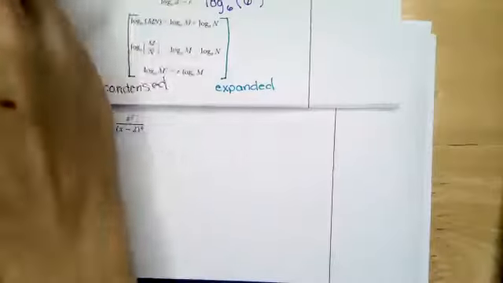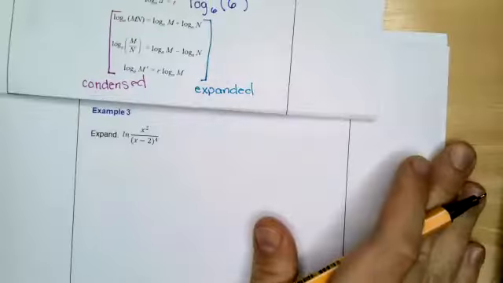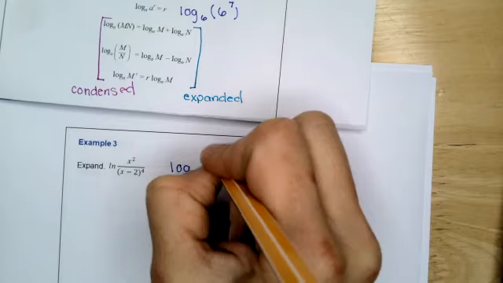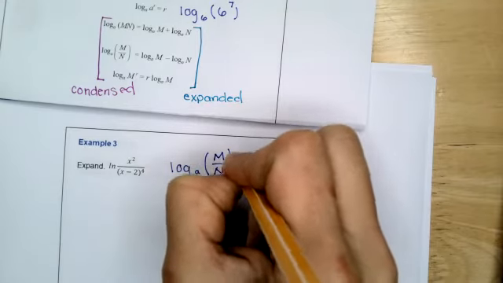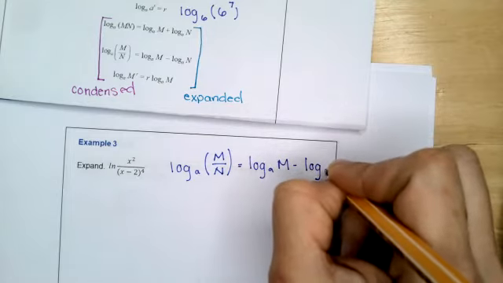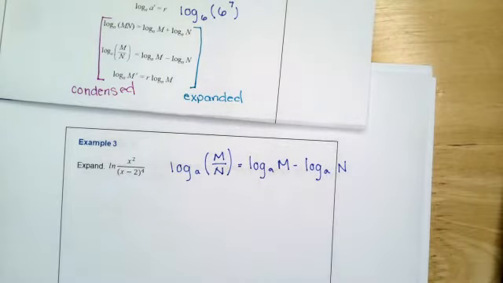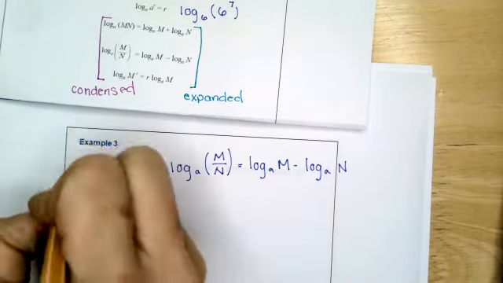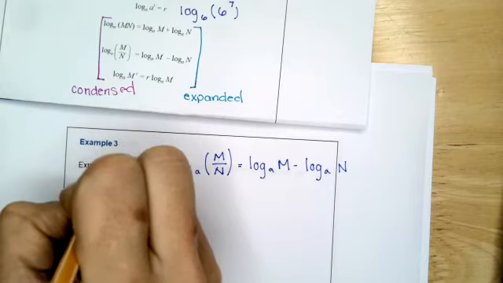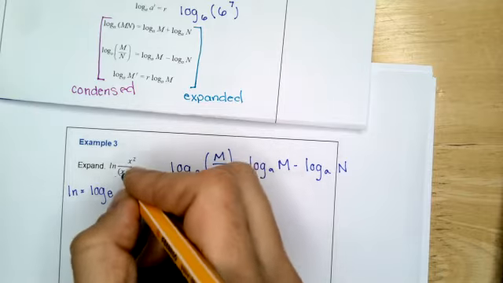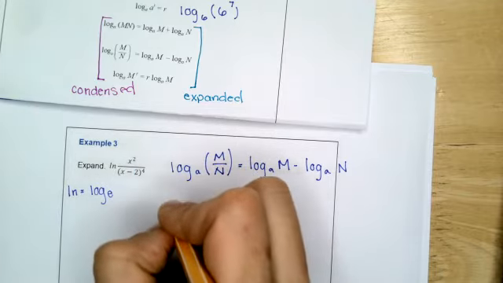We have the rule that a log-based fraction can be written as, so we know that log base a of m over n is log base a of m minus log base a of n, right? Log base a is just natural log, because natural log, as we know, is log base e. So the natural log of x squared divided by the quantity x minus 2 to the 4th is going to be,